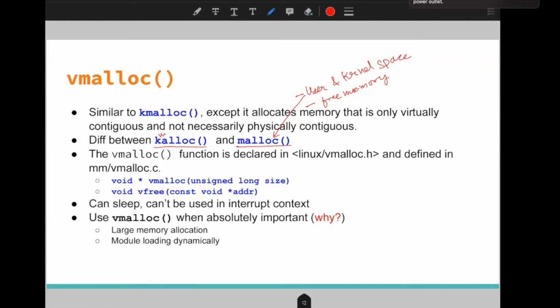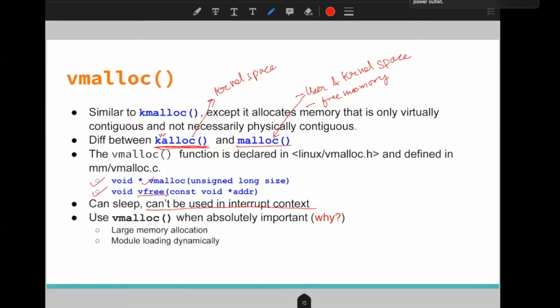But kmalloc works only in the kernel space, and it ensures that the memory allocated is physically continuous. So these are the two functions, and we have the opposite of vmalloc, vfree, similar to kfree. It will free that particular memory. And these two functions can sleep, so we can't use them in the interrupt context.